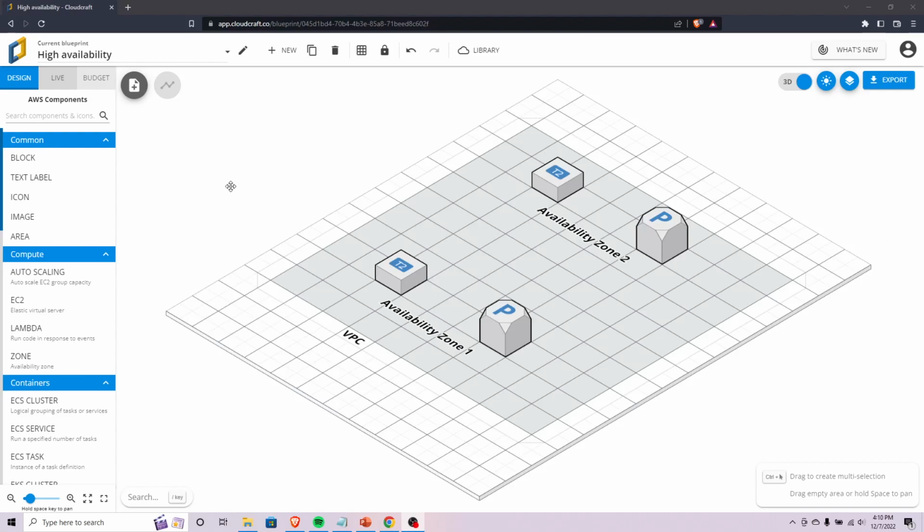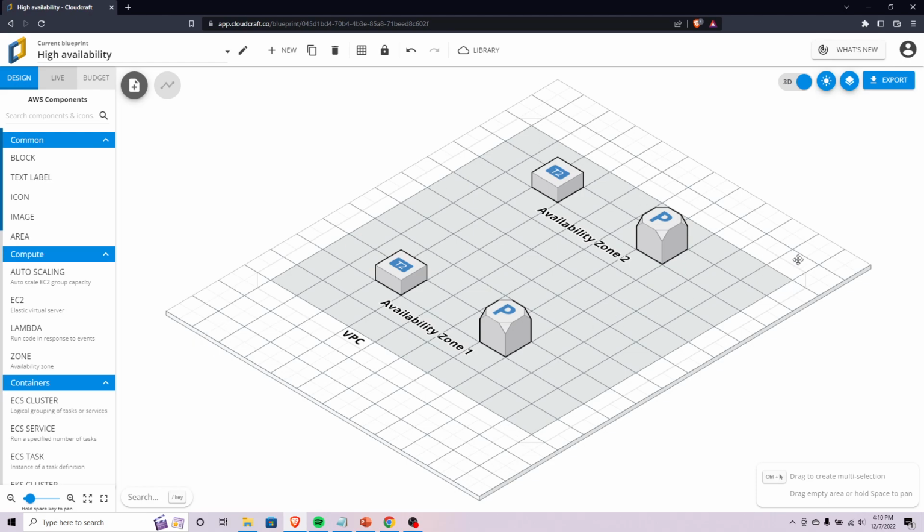Hey guys, it's Derek. Today we're going to be looking at how to set up a very simple architecture to run a theoretical web application while sticking to the principle of high availability, which again in a nutshell just means that your applications are available when you need them, regardless of what's going on with the data centers they're being hosted at. So how we're going to do that is we're going to work our way to this